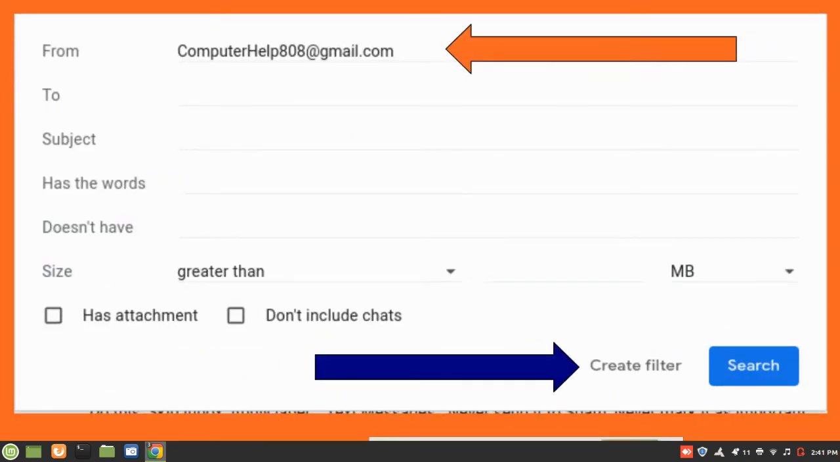Okay, so in my case, we're going to take anything from my email. Yes, that's my email, and if you have computer questions,